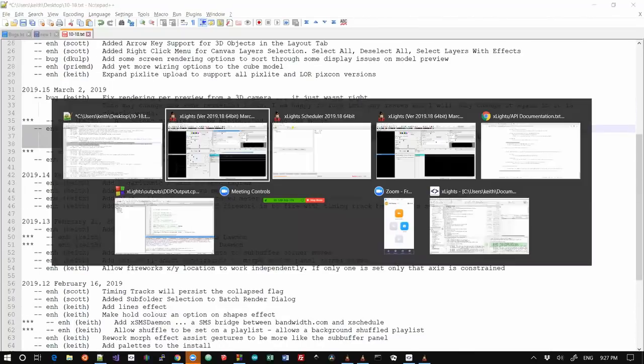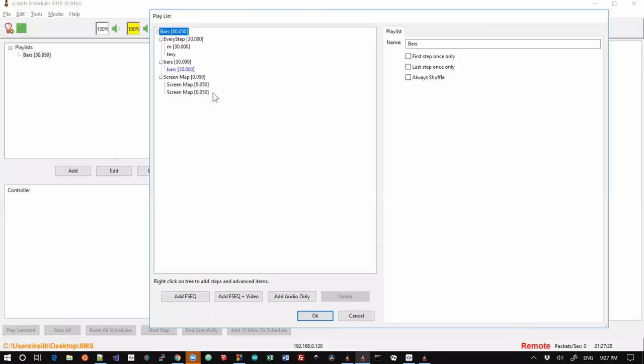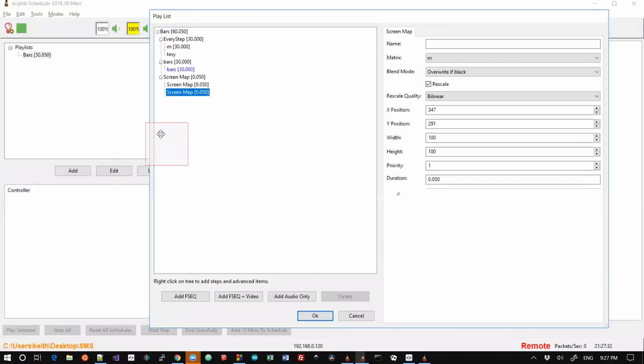Screen map area to be maintained. Okay, so screen map is a concept that very few people use, but in this case, I've got one defined. So screen map is a particular type of output. And basically what it lets you do is take an area of the screen and map it to a pixel matrix or a P10 panel or whatever. And it will replicate anything that happens to occur inside this square onto your matrix, which kind of sounds pointless